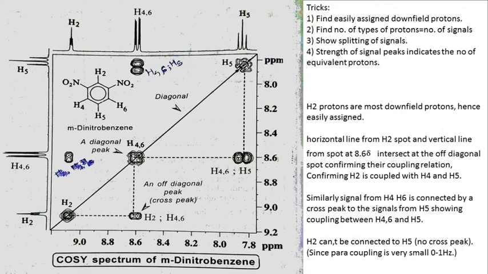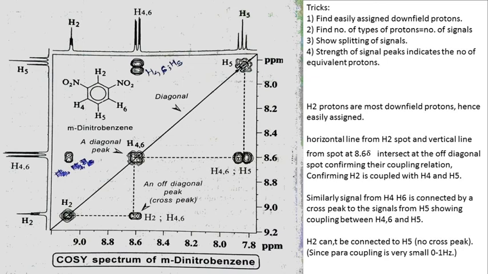structure to the spectrum. In this example, H2 protons are the most downfield protons, hence easily assigned. A horizontal line from the H2 spot and a vertical line from the spot at 8.6 delta intersect at an off-diagonal spot, confirming their coupling. So here we can say H2 protons are coupled with